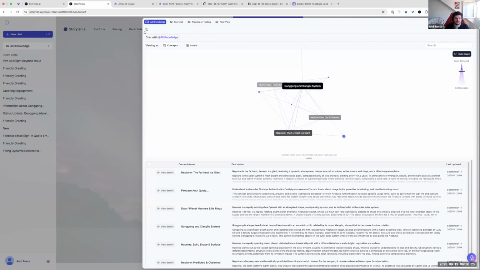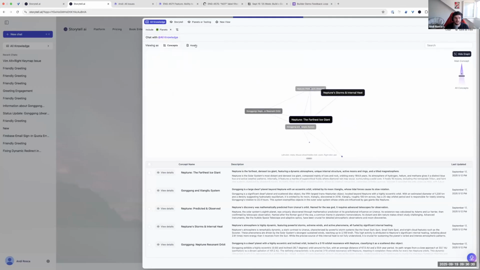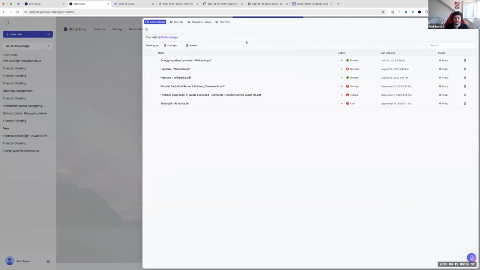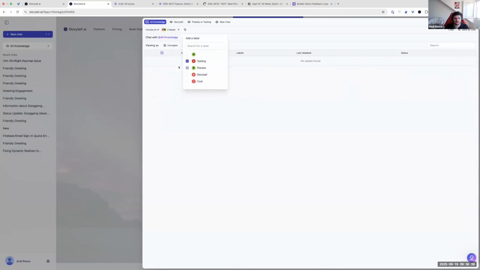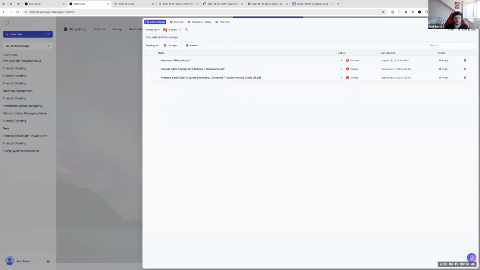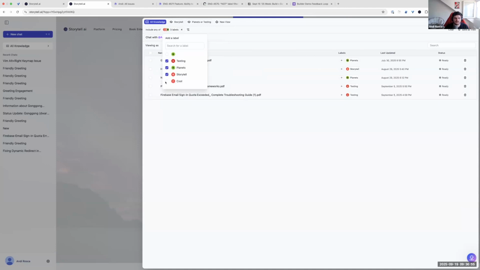So I'm just gonna go ahead and show you the new UI for filtering, and I'm gonna go into the assets tab so we can see the assets filtering. And you can see now the experience is slightly different, or very different. Previously you could only choose one label and then you had the or and then another label and then or and. Now it's a more streamlined experience where you can select multiple filters,